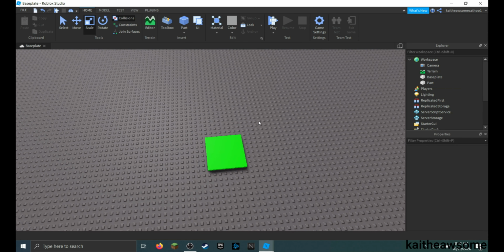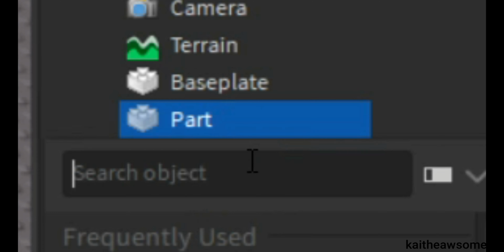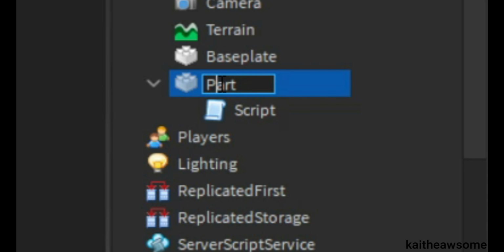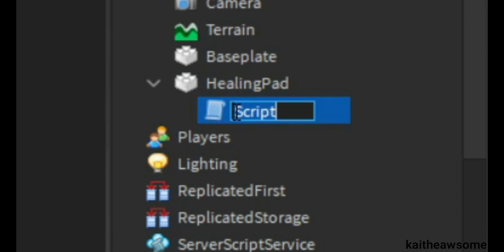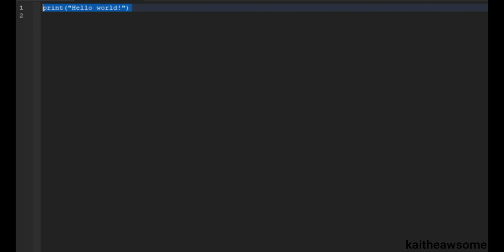Green is healing. And then we're just going to insert a script. I'm actually just going to call this healing pad, and then I'm going to call this healing script. Then what we're going to want to do is make a function, and we're going to do untouched, and then a parameter of hit, and then if hit.Parent,